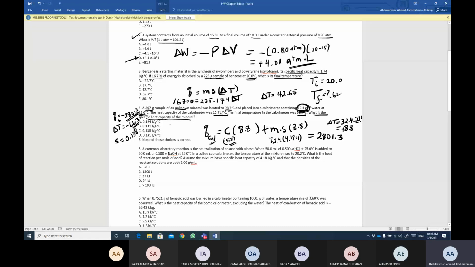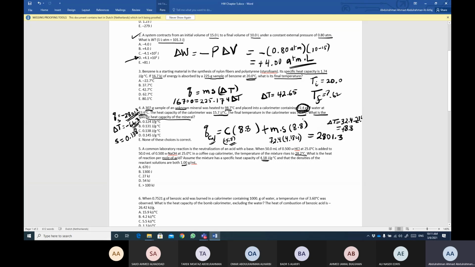Okay. 5. A common laboratory reaction is the neutralization of acid with base. When 50 milliliter of 0.500 molar HCl at 25 degrees is added to 50 milliliter of 0.500 molar NaOH at 25 in a coffee cup calorimeter, the temperature of the mixture raised to 28.2 degrees C. What's the heat of reaction per mole of acid? Assume the mixture has specific heat of 4.18 and the density of the reactant is 1